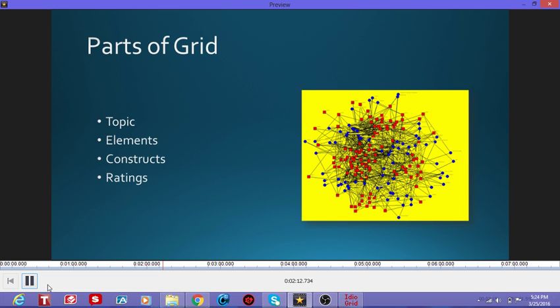Third is the constructs, which is the basic part of the grid. There are positive constructs and negative constructs in the study. Then the last point is the ratings, where you assign some kind of scale so that an interviewee can rate according to the constructs of negative and positive. So these are the 4 parts